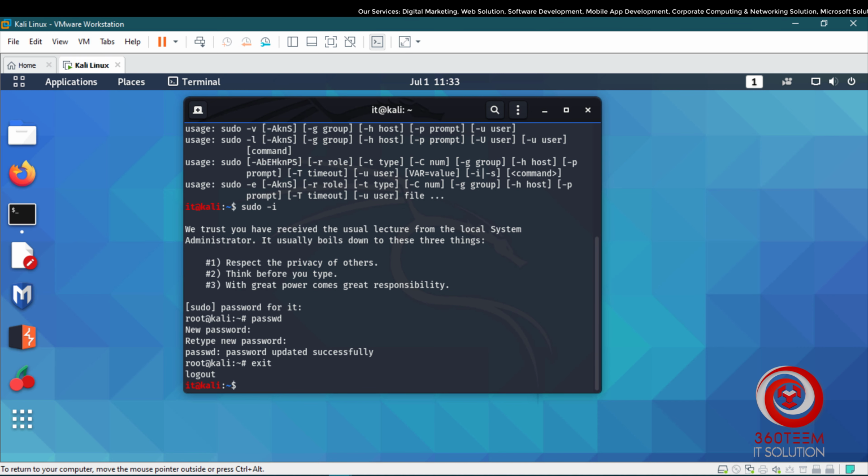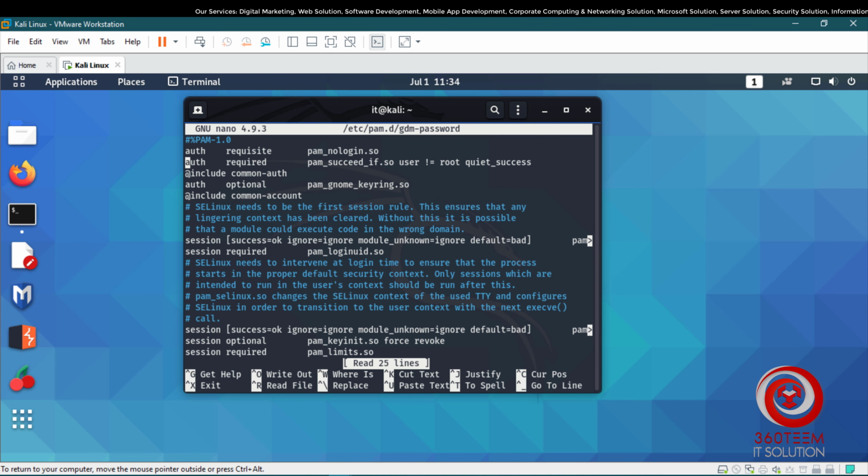For the GNOME desktop environment we have to do some extra work, like we have to edit a file. The command will be sudo, then the file in pam.d slash gdm-password.